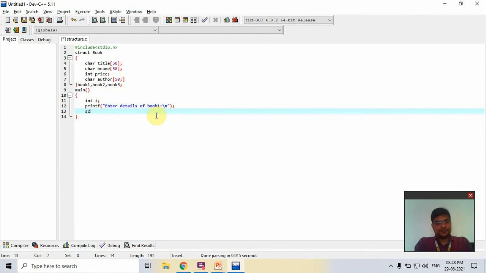Now scanf. If you read at a time, first is the string, book title, second is also a string, and third is an integer, so %d. Now fourth is also a string, so %s. Now I read all details.